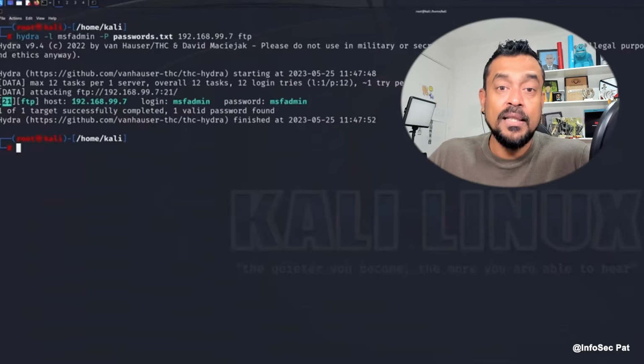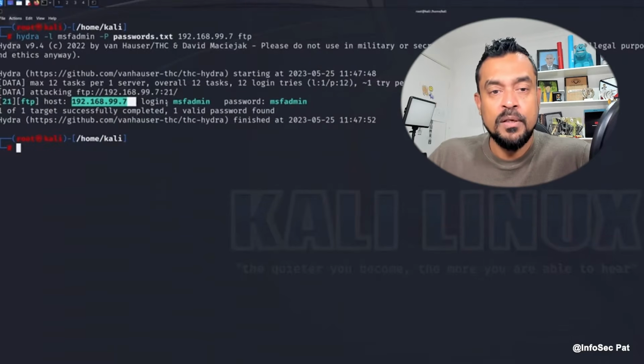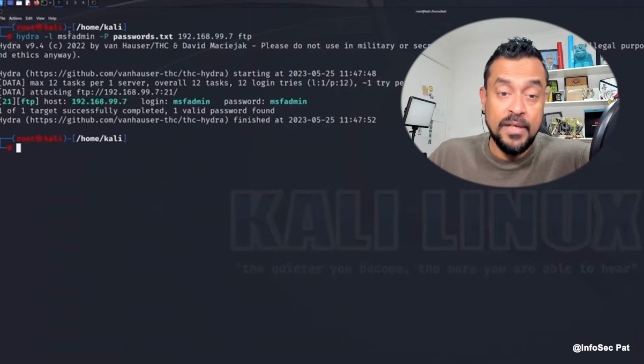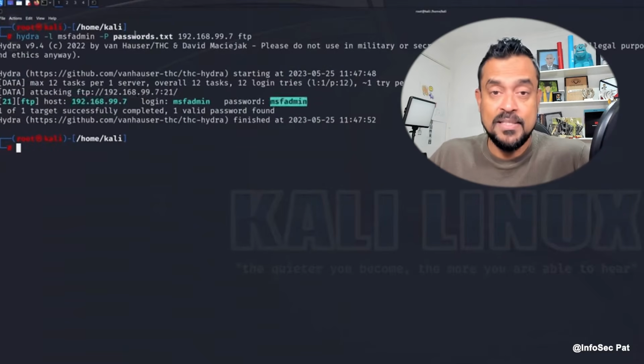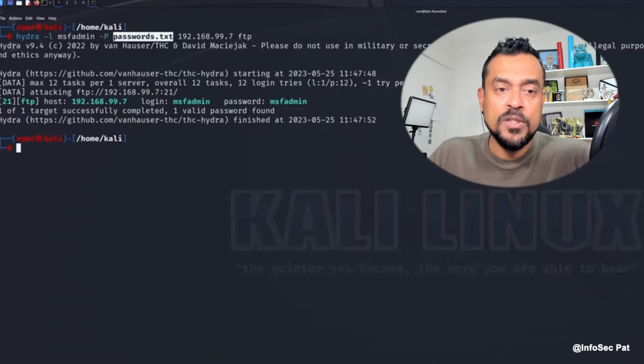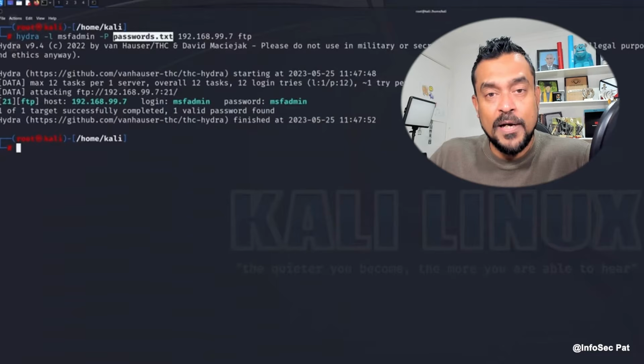And the 7th must-have tool is Hydra, right? The purpose is brute force password cracking. Hydra supports various protocols, and you can target Hydra live to attack those protocols like SSH, FTP, RDP, HTTP logins, etc. There is a wide range of protocols that Hydra supports, where you can launch brute force password cracking, and